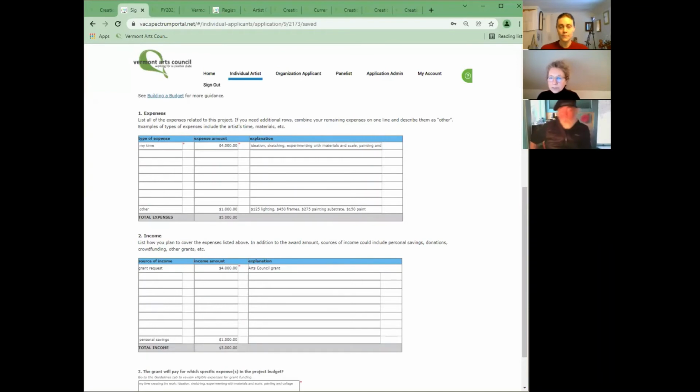So for the purpose of this exercise, I've created a sample budget, and in the first expense line, I've entered my time at $4,000 and provided a picture of what that will involve in the explanation section. So I've got ideation, sketching, experimenting with materials and scale, painting, and collage. And assuming that I've filled up all of these other rows, I've combined the rest of my expenses here at the